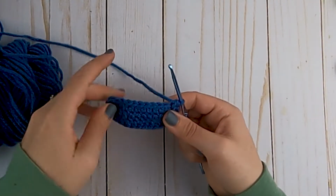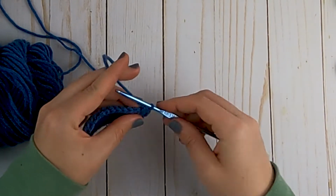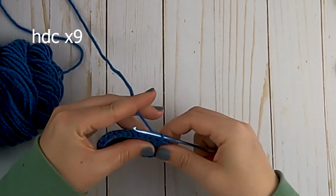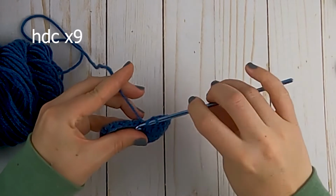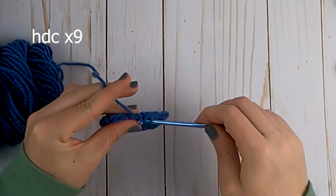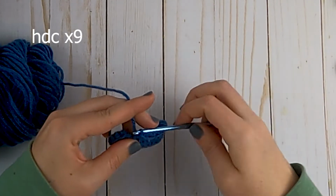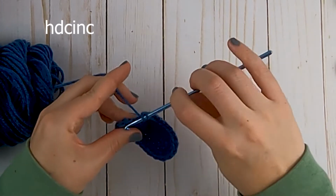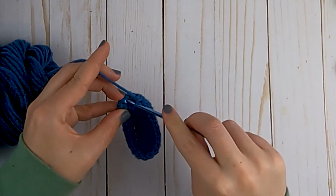Okay, so we are back on the other side of the sole of the shoe now. So the next part, we're going to half double crochet across the next 9 stitches. Alright, and the last thing we're going to do in this last stitch is we're going to half double crochet increase. So put 2 half double crochets in that last stitch there, and then we will slip stitch to the first stitch that we made